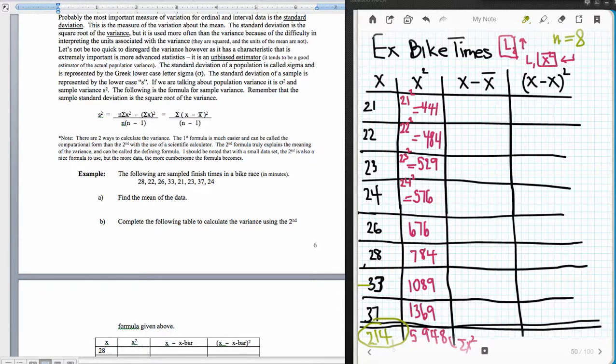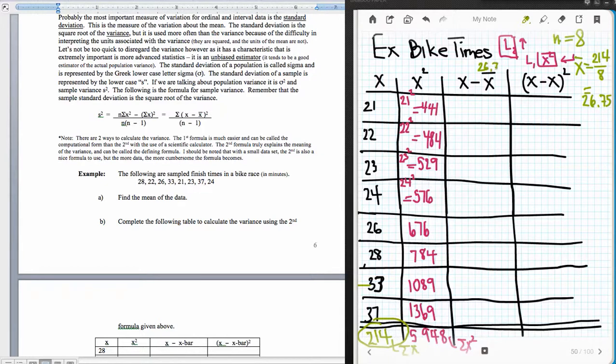The next thing that we're going to do is take the x values and subtract the mean from those. In order to do that, we're going to have to compute our mean first. So we're just going to review computing our mean. Our x bar, remember, is our sum of our x's, which is 214, divided by 8. And so x bar, 214 divided by 8, is 26.75, and I'm going to use that actual value, 26.75, because remember, that is the most accurate. With bike race times in minutes, I'd round it to report it as 26.8,